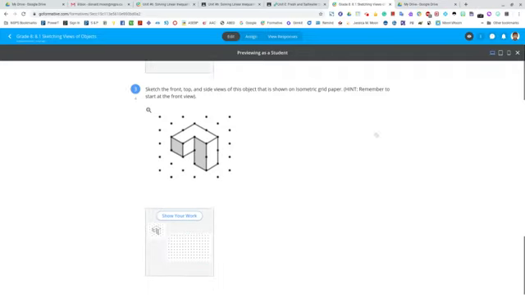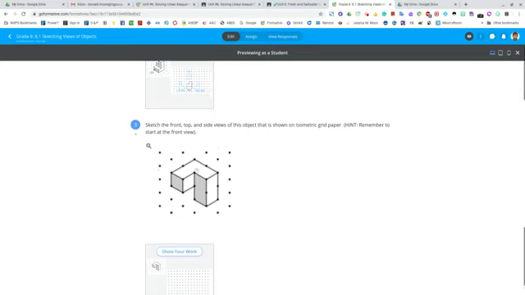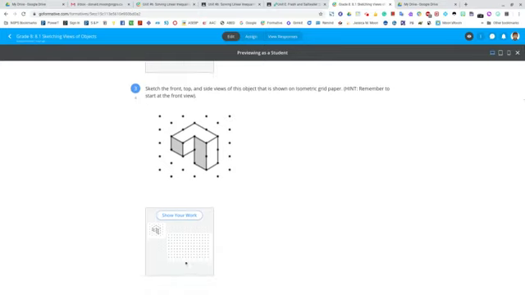There's just one more object you have to draw. Obviously, this one's a little bit trickier. If I blow that up a little bit. All right, so you just got to make sure that you have everything lined up. We're doing front view. Don't forget on this one right here that nothing's labeled. So I would start with your front view, then your top view, left view, and make sure that you label all of them. All right. If you have any